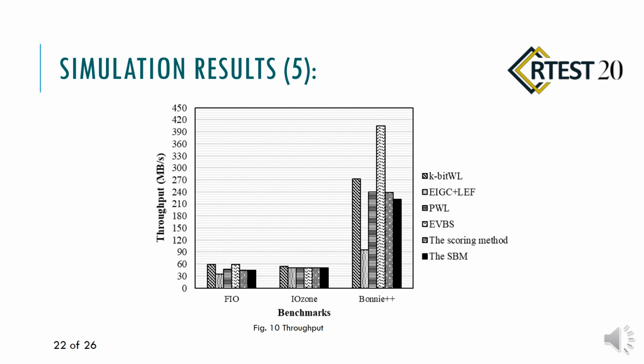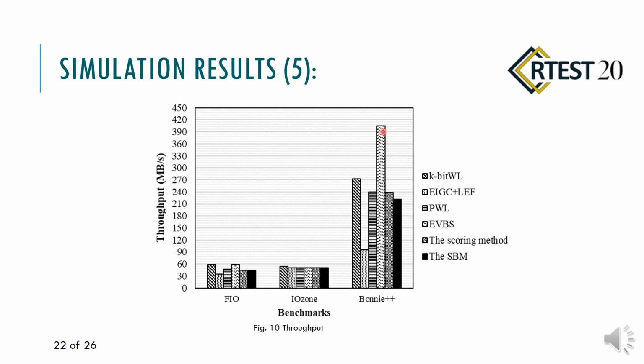Throughput in terms of megabytes per second is shown in this figure. In IOZone benchmark, all methods are roughly equal. The SPM method throughput is about 1% lower than its earlier version and about 6% lower than the best method, which is COBIT-WL. In Bunny++,